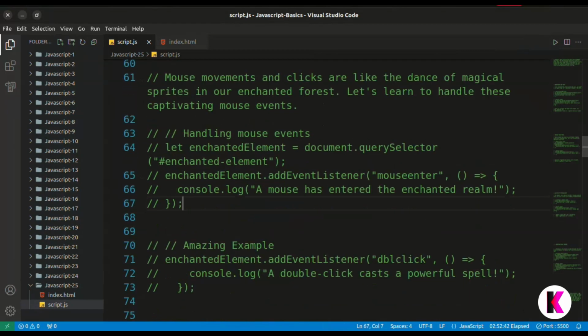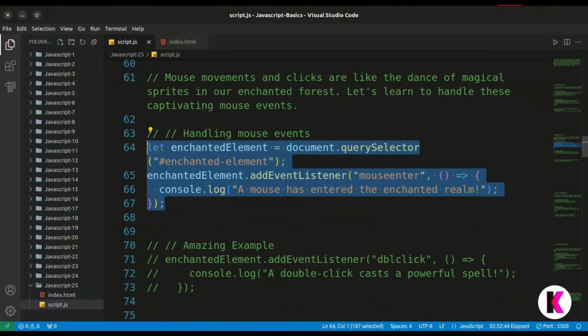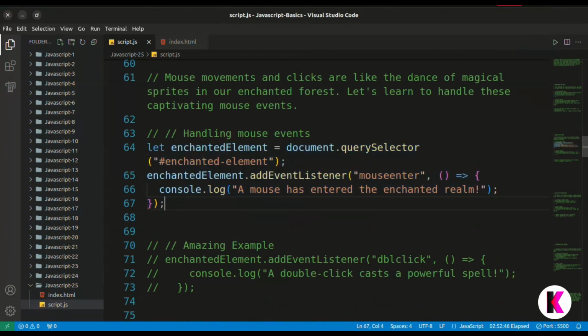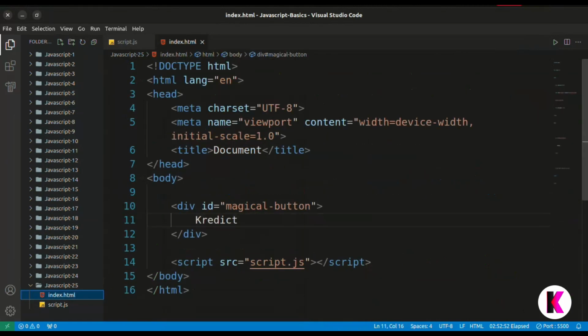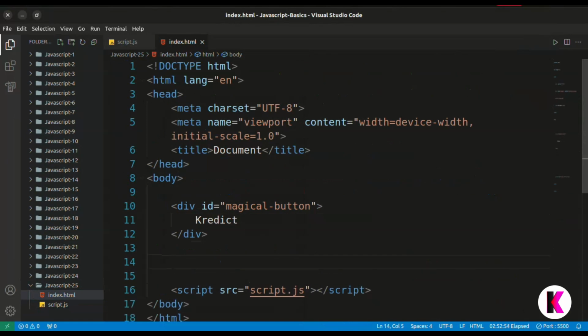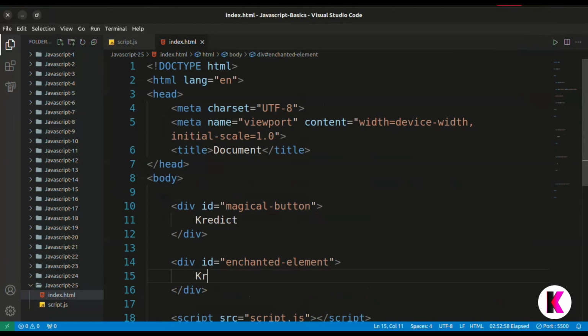So if I uncomment this, we have an enchantment element with a query selector. First we have to make this element with the id named enchantment element. So I will make this element here. In this we will write credit JavaScript.